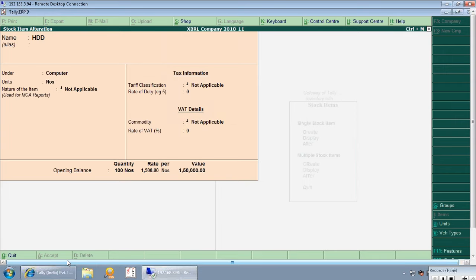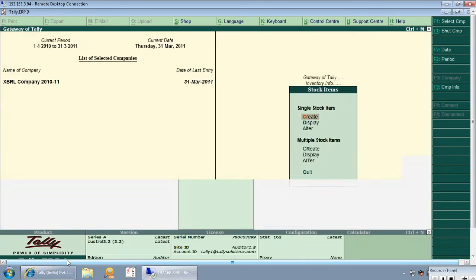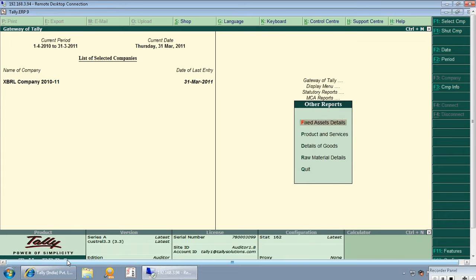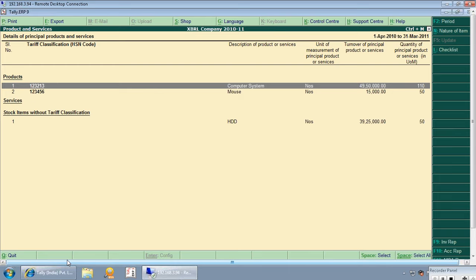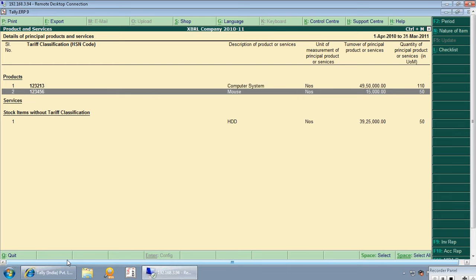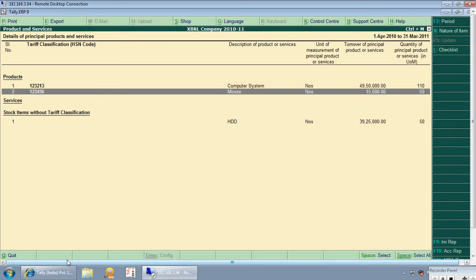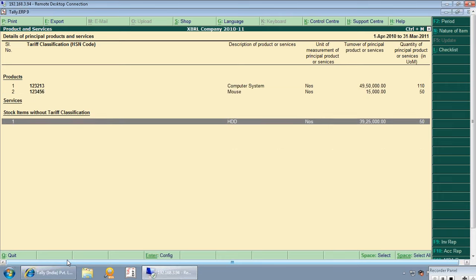So I have, okay, there are 3 items. 2 items are already mapped to an HSN code, that is the commodity code of the item, and one is showing as a stock item without tariff classification. Even from here, I can